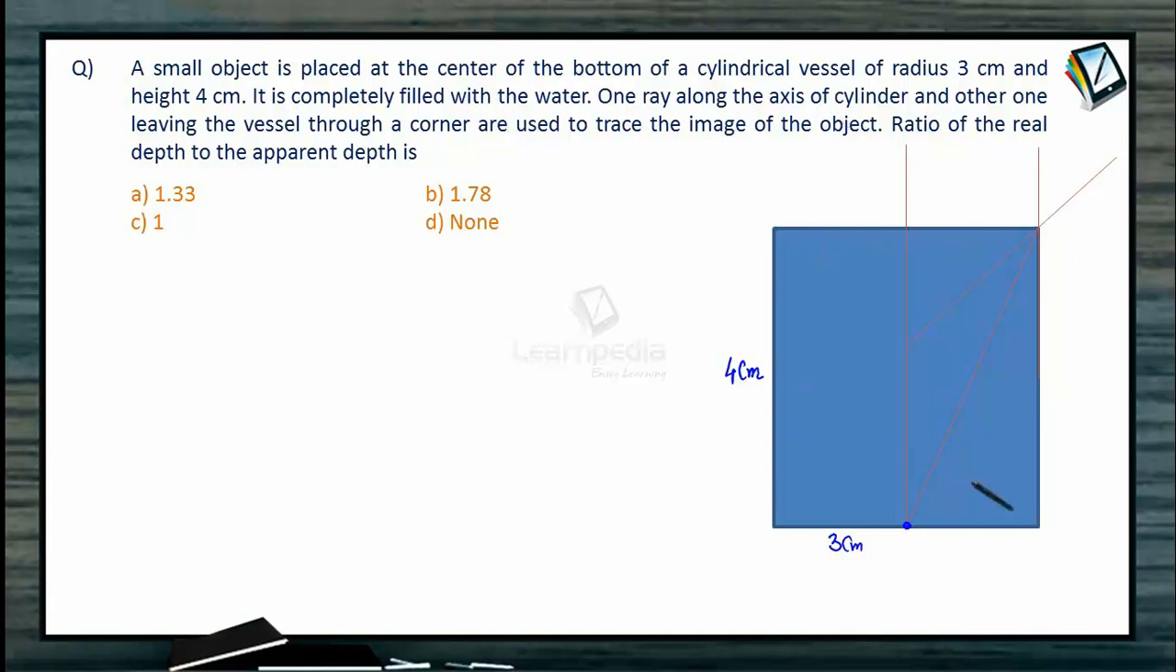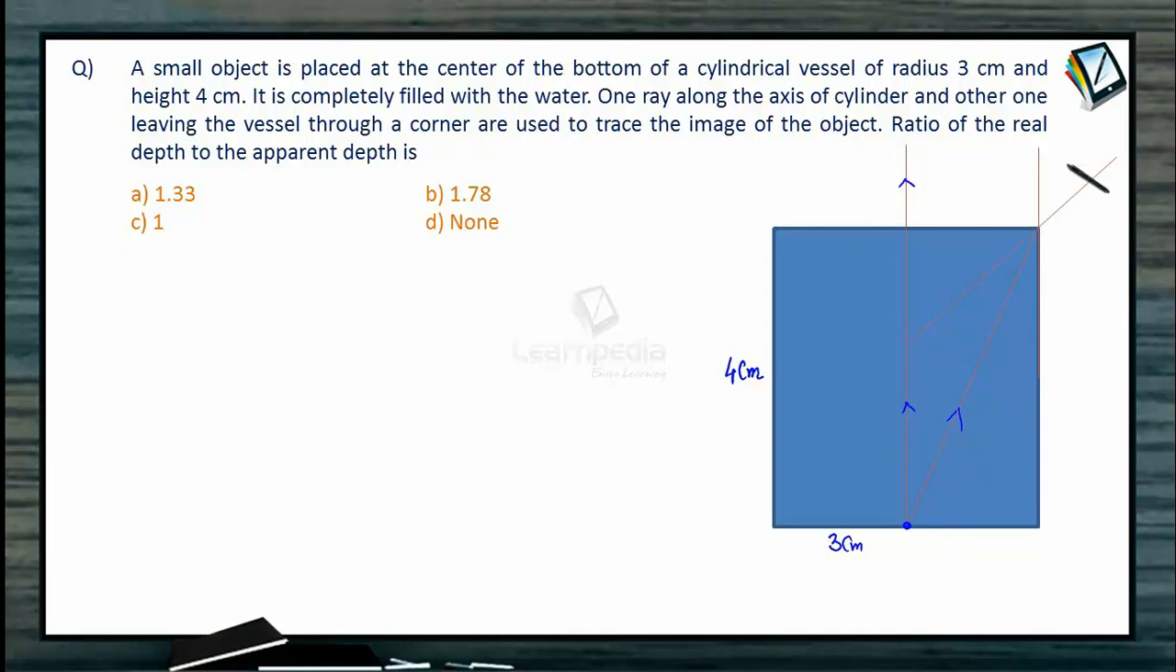One ray along the axis of the cylinder and the other ray leaving the vessel through a corner are used to trace the image of the object. Suppose we have got this particular point as the location of the object. So let us use one ray from this point along the axis of the cylinder. It is said that one ray is moving along the axis of the cylinder and the other leaving the vessel through a corner. So take one ray striking the corner of the vessel from the object, and this ray, since